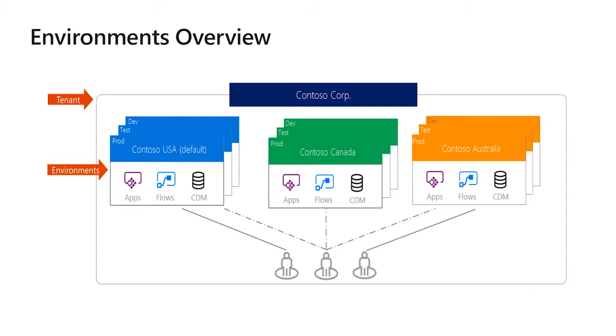In each environment that you create, you can configure a Common Data Service database that is used for storing application data in the context of that environment. An application database is not required to be created in every environment. For example, there are some that may just want to contain some flows or apps that do not store any data and is used as a boundary for configuring those apps that would not have a Common Data Service database in it.